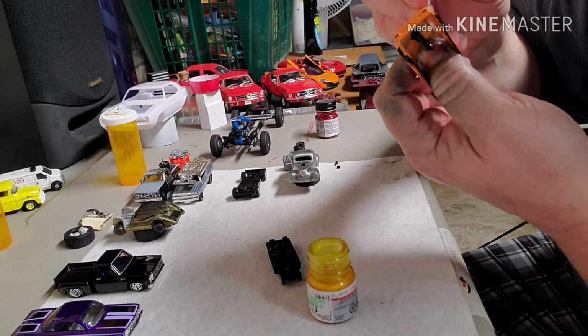Okay, so we got the turn signal amber, little stoplight red. I did throw a little black in between those lenses before I started. Like I said, the inside lens there for the reverse lamp is done in a little chrome. And then let's see, we'll take